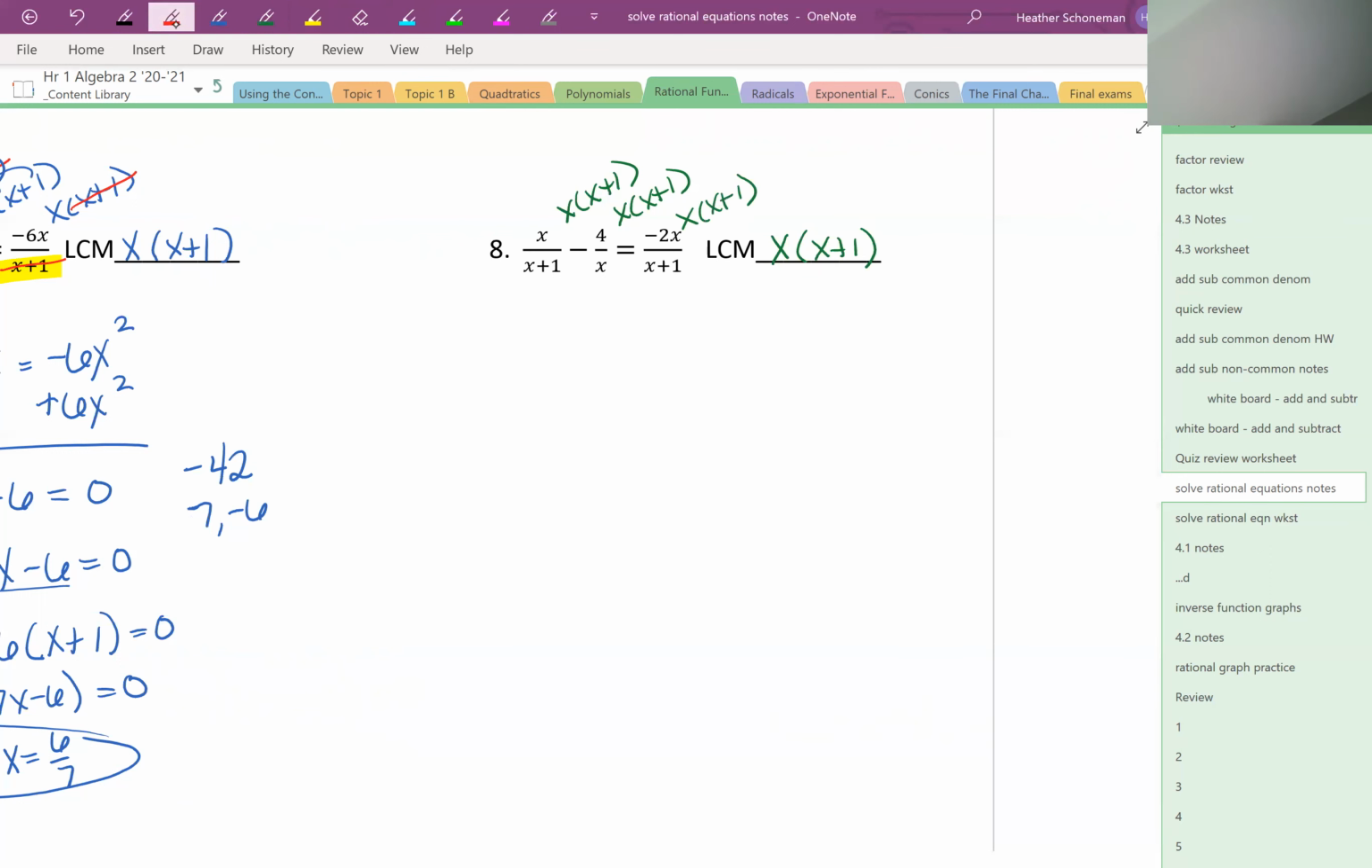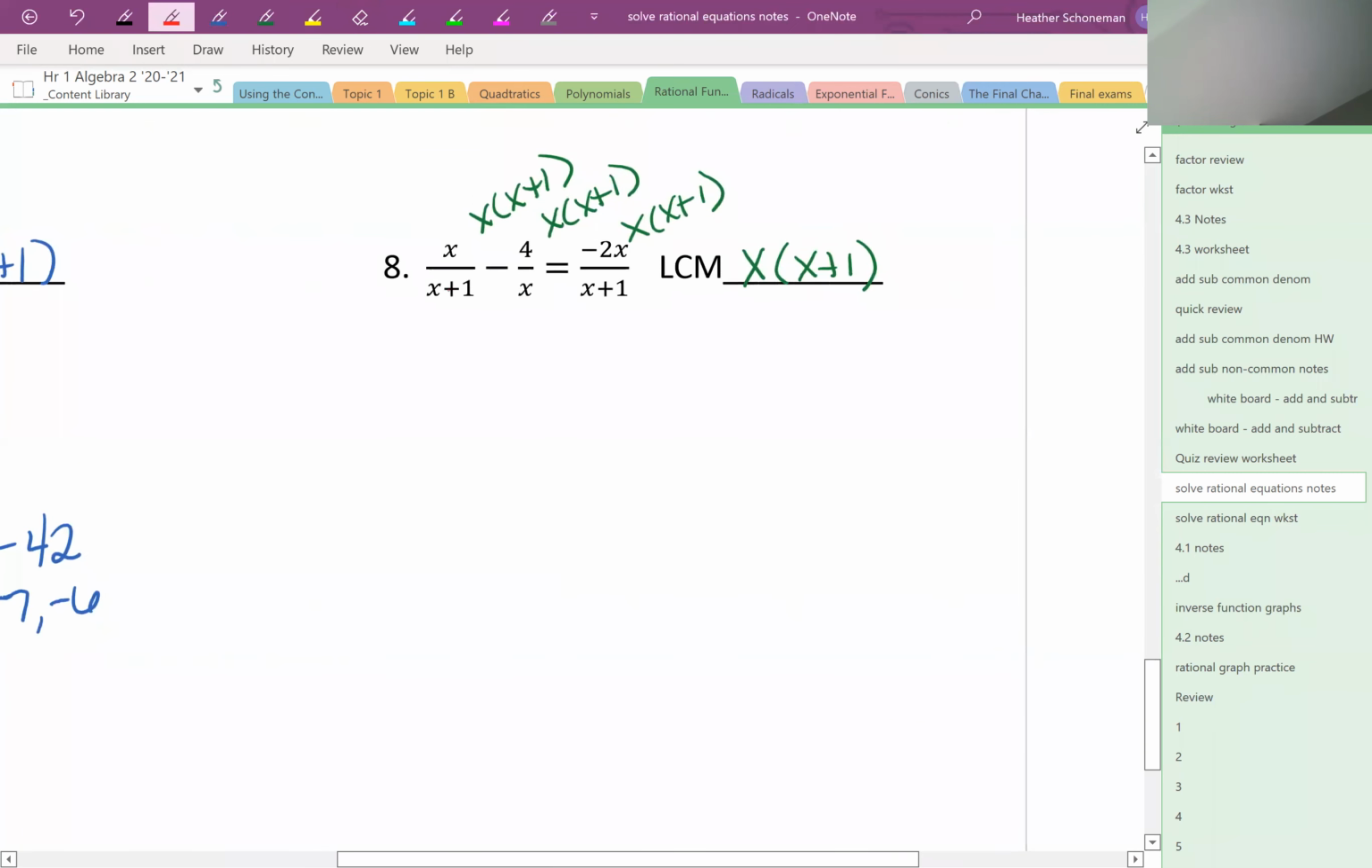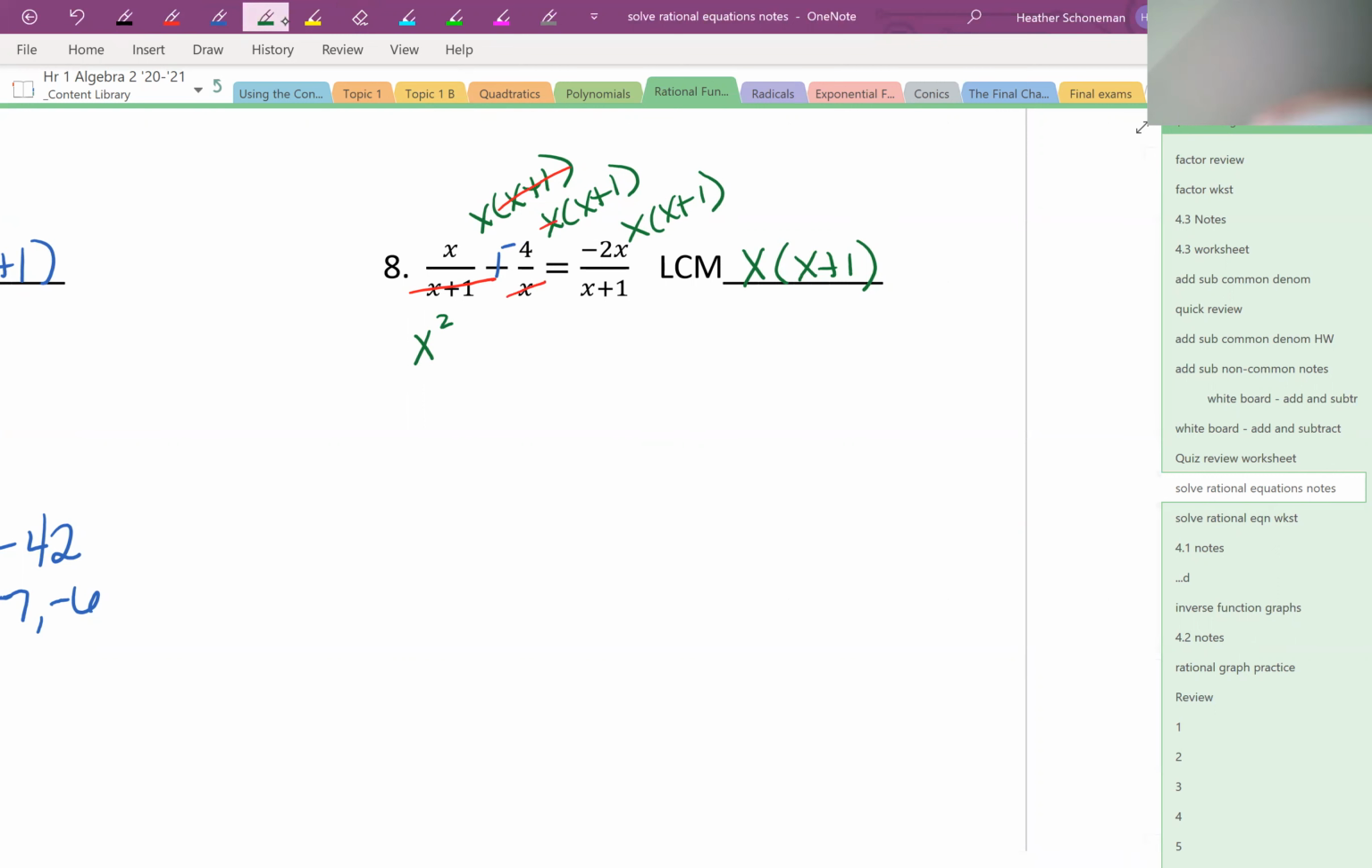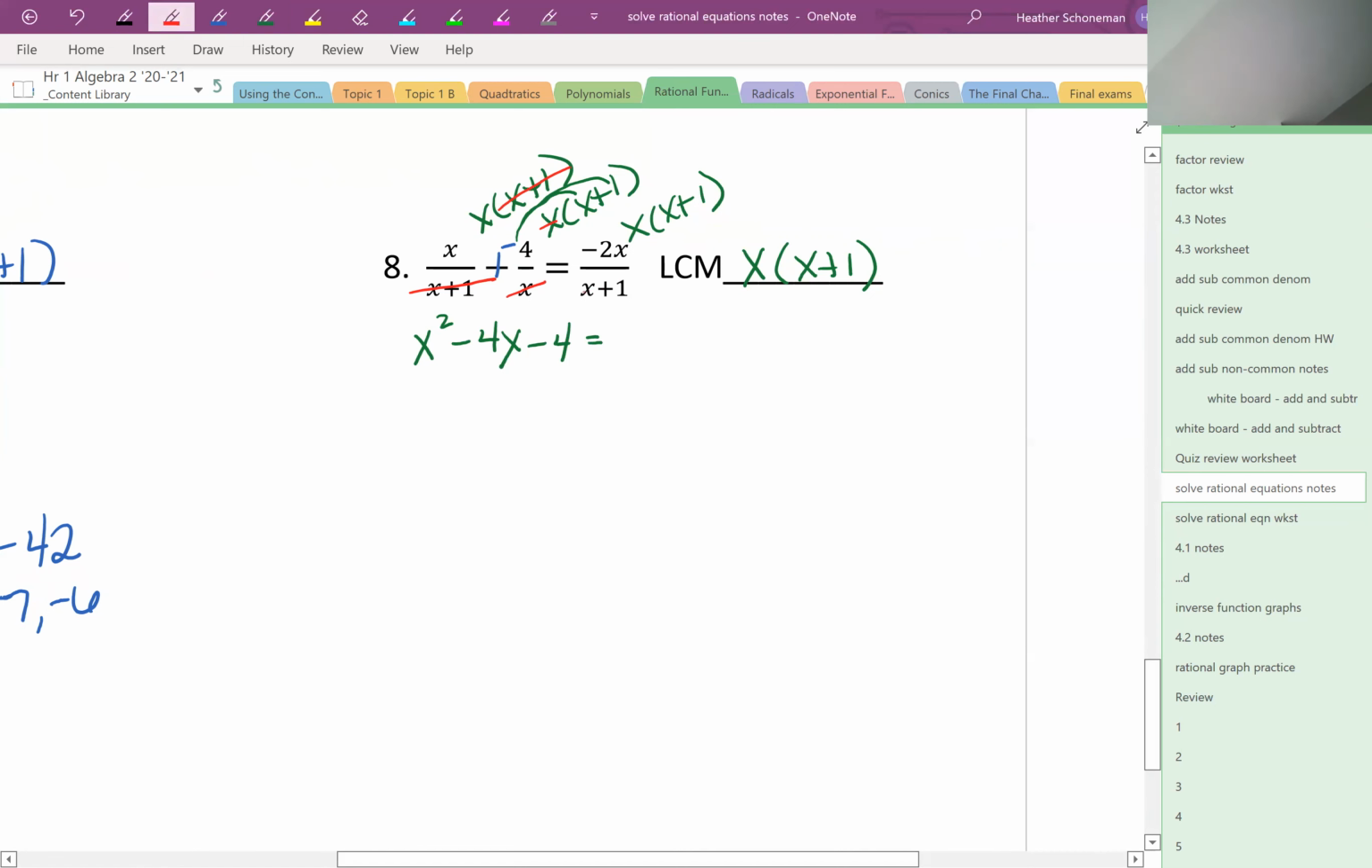All right. On the first fraction, got a couple things going on. On the first fraction, the x plus 1's cancel. So I just have x times x, which is x squared. On the second fraction, be careful because this minus is plus a negative. The x will cancel, but what I need to do now is distribute the -4. So -4 times x is -4x, and -4 times 1 is -4. Equals on the other side, this time the x plus 1 cancels, so I have -2x times x, which is